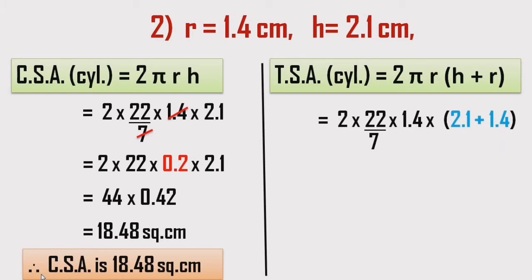Now the same goes over here. We will cancel out 7 and 1.4, and at the same time you have to add the bracket numbers also. As a result, we get the answer. When we cancel out 1.4 by 7, we get 0.2, and when you add 2.1 plus 1.4, we get the